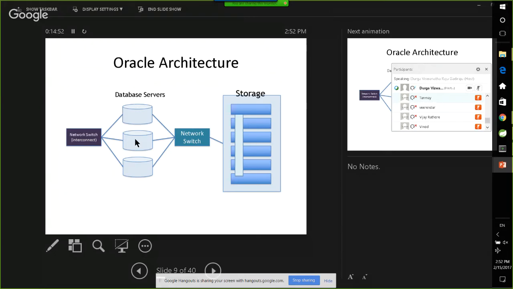Okay, so that's how the technology is built. It will always have the consistent view. If one database server is viewing in one format, the other database server also has to view exactly like that. It should not change. If it is inconsistent, then your projects will start running into issues. When database servers are configured with RAC, this is called RAC setup, Real Application Cluster. If one database server is viewing data as of one point in time, and the other database server is viewing data as of some other point in time, then your applications will start breaking. They have to get the consistent view.